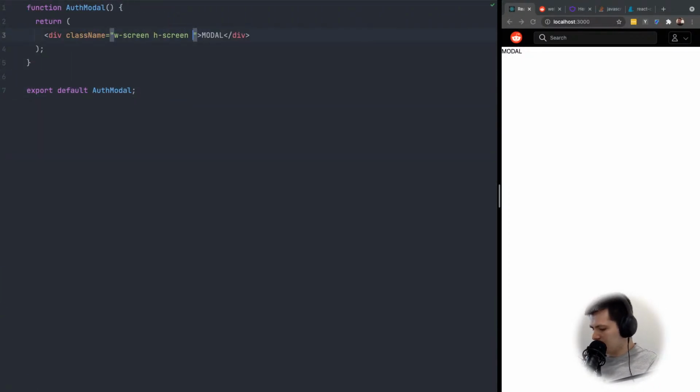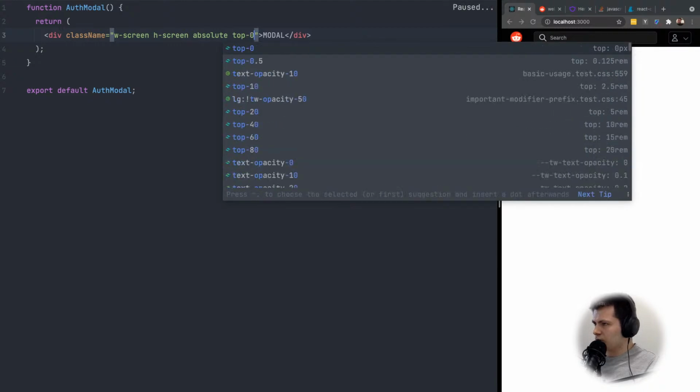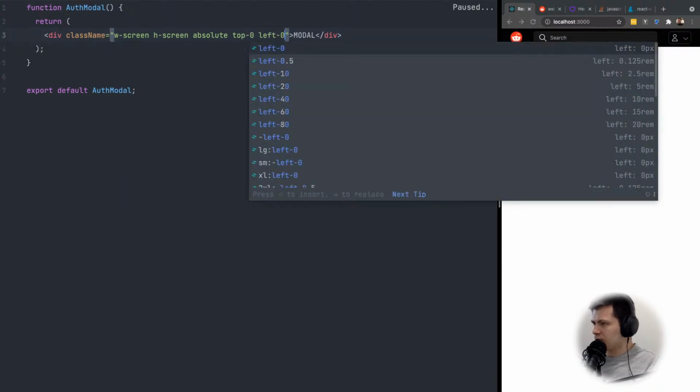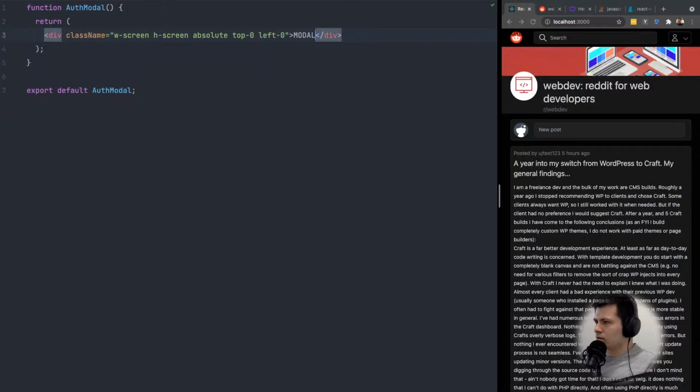So it will be absolute position and top 0 and left 0. Yes, and here will be our modal shadow,